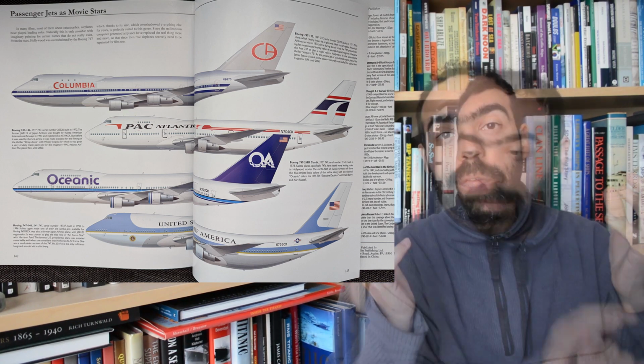So there we have it. No doubt you can tell that I absolutely love this book. It is a joy to behold. It is 4 captain's hats, and it is just fun to breeze through and enjoy some of the more whimsical and fun aspects of flying. Do hunt it down, get it,